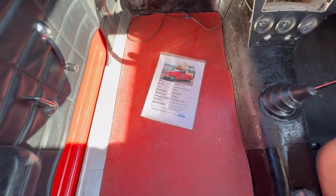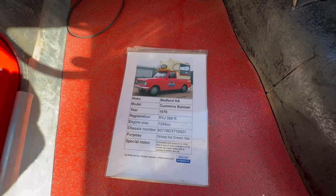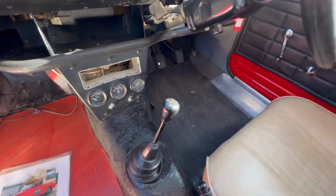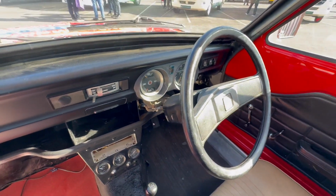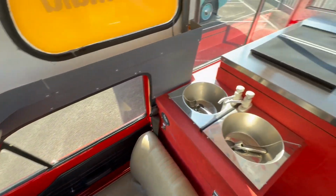Here's the details of the van. Make, Bedford HA, model, Cummins Batman. You can see there's a driver's seat. Very lovely, very old fashioned. So yeah,